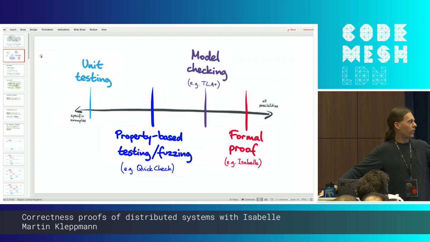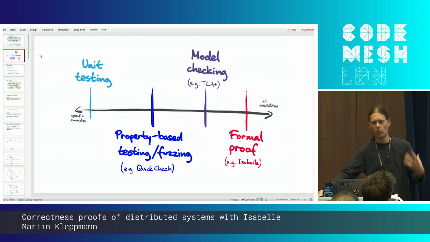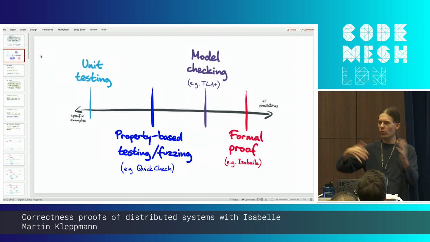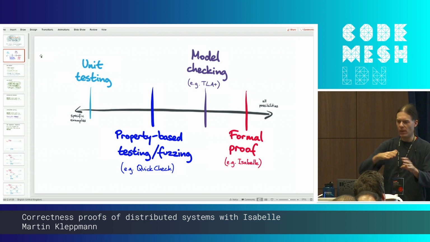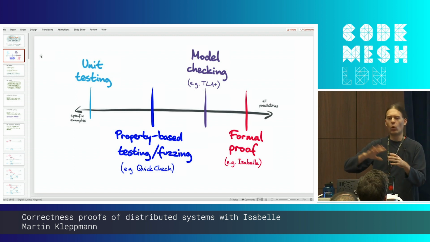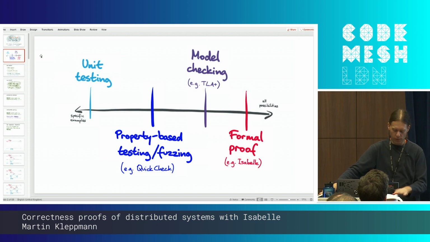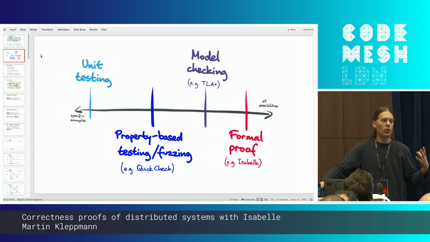Going even further along this axis, model checking tries to formalize things a little bit more, and in model checking we try to systematically go through all the possible combinations of what could happen, especially if different things could happen in different orders, for example. We will try to systematically try all the possible orderings in which messages could be delivered, for example. And this is already pretty good. It gives us some good assurance about the correctness of something, but with model checking, we're still limited to a